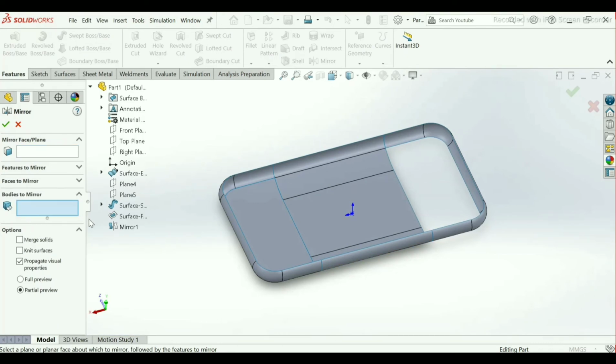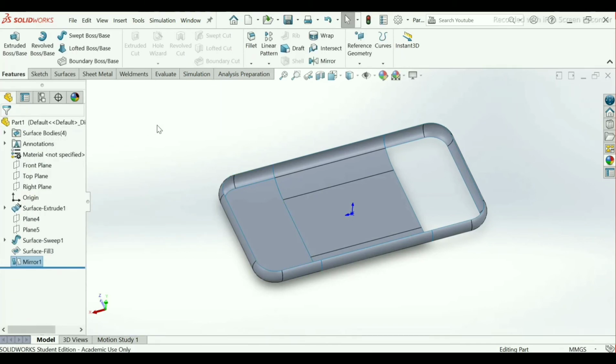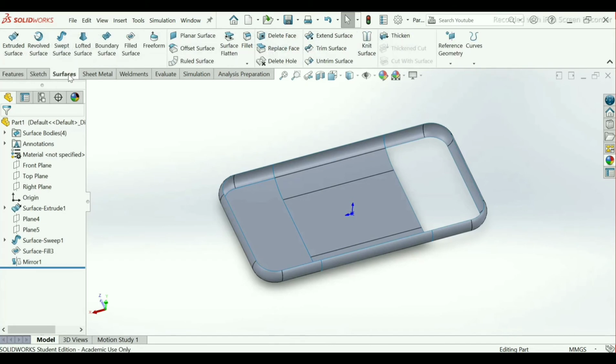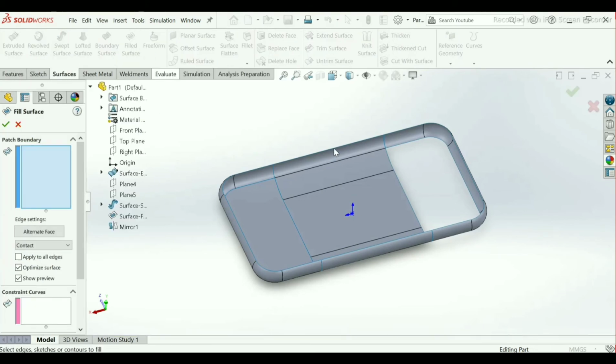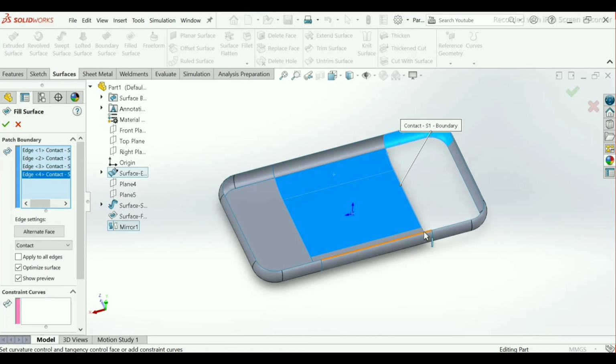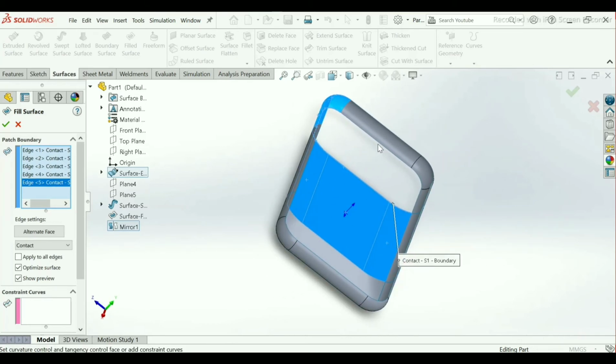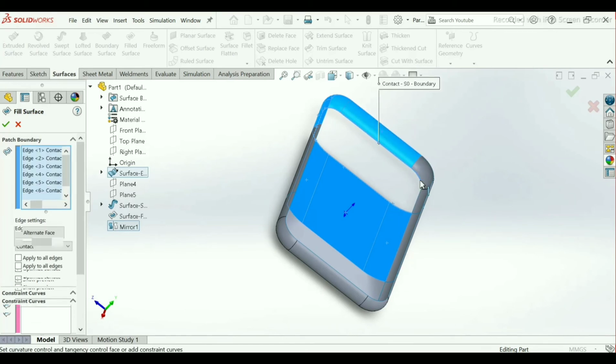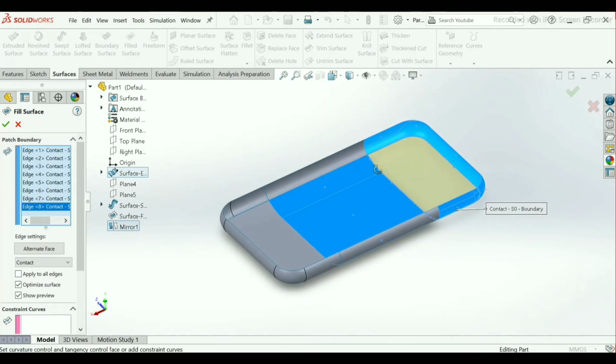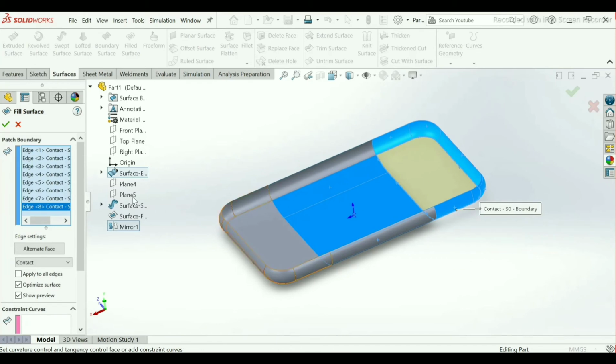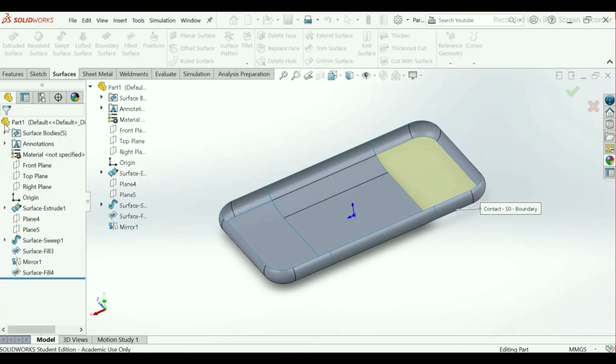Select bodies to mirror at surface, but it does not select it, so let it be. Go to surface command. Use filled surface. Select the edges. Our surface has filled, so click OK.